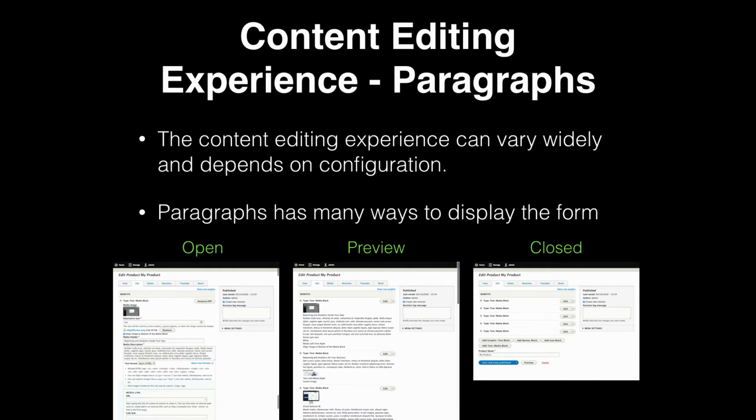The content editing experience. These images are kind of small, but in paragraphs, they have choices for how you display the form. You can tell that in the closed form, they're just single lines, like this would be the hero, the 2 column, the 1 column, and it's very collapsed and not overwhelming. You just open the piece that you want when you want to edit it. They have a preview one where you get a sense of what it's going to look like when it's actually